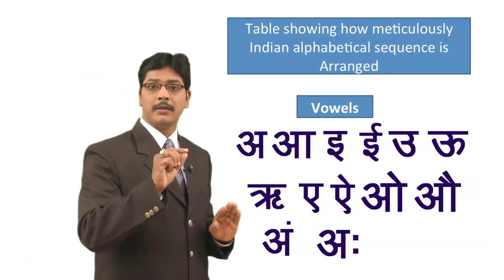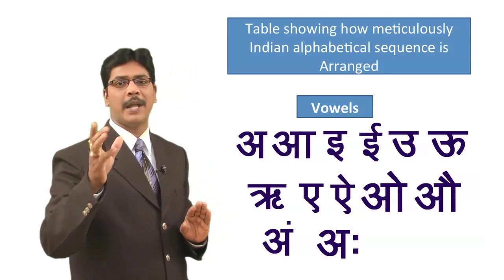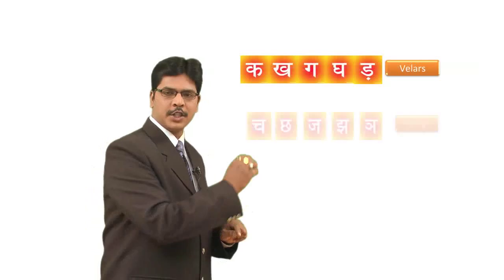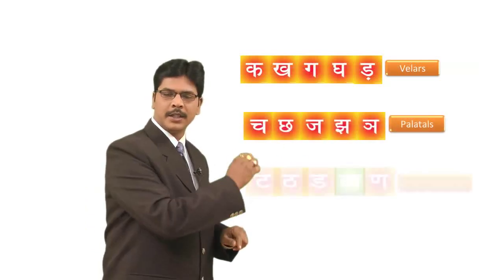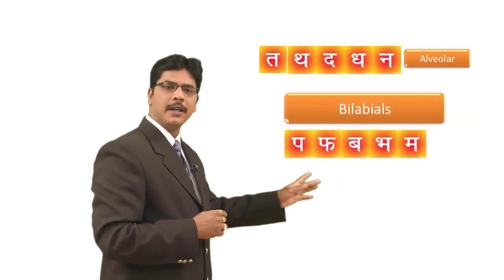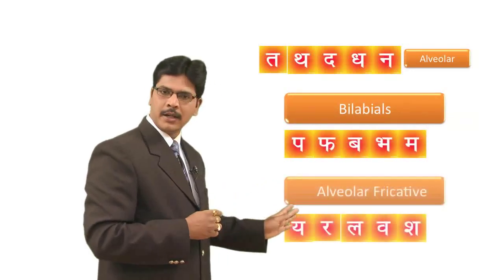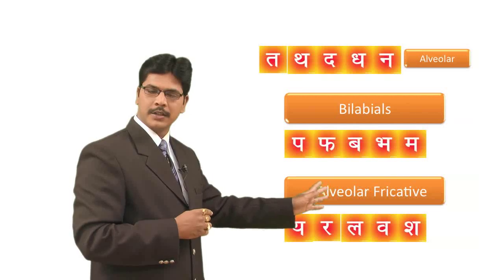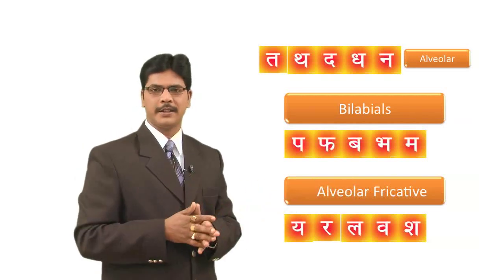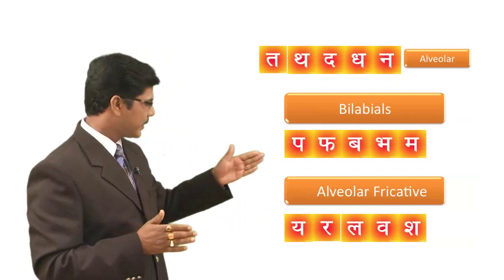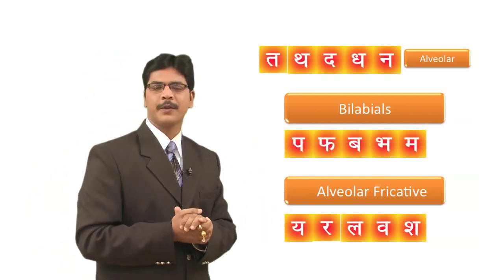And they are meticulously planned. First Ka, Kha, Ga, Gha, Nga. Then Cha, Chha, Ja, Jha, Nya. Then Ta, Tha, Da, Dha, Na, and Ta, Tha, Da, Dha, Na. Then Pa, Pha, Ba, Bha, Ma. Then Ya, Ra, La, Va, Sha, Sha, Sa, Ha, Ksha, Tra, Gnya. Why is it written like that? If you look at these consonants in Hindi, you'll understand. Let me come to that a bit later.